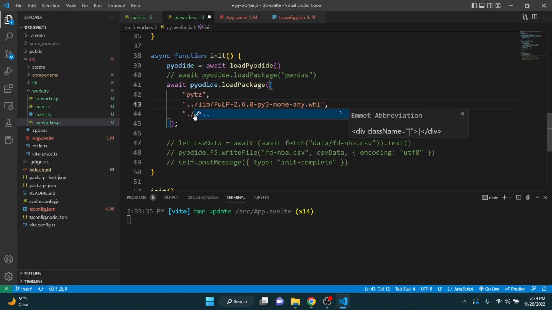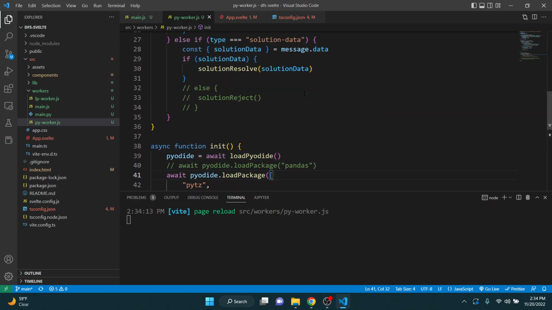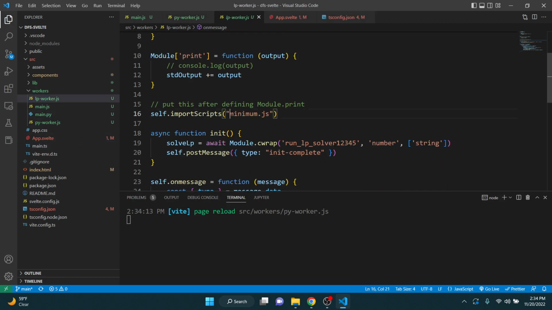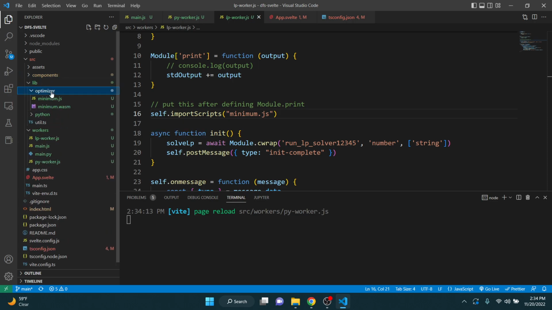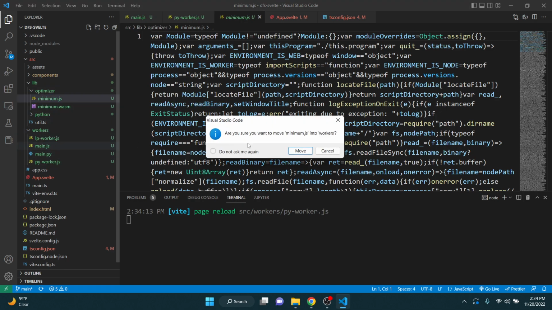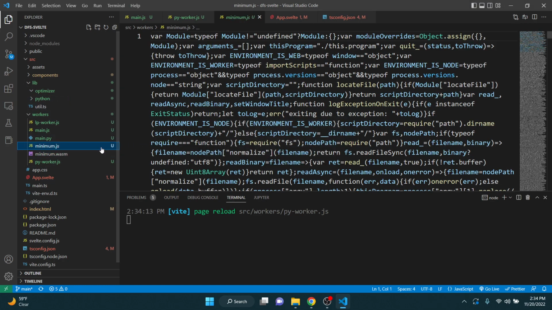Yeah. I wonder if I could just do that. What was the other issue? Import scripts. No, not that one. It's this one. Minimum JS. Where did I put that? Lib. I could just put all this together. There's no reason to have it separate. Yeah. Probably need to rename that anyways from minimum to something else, but